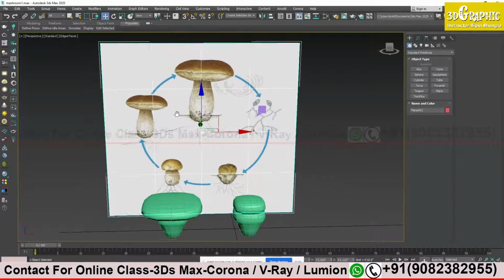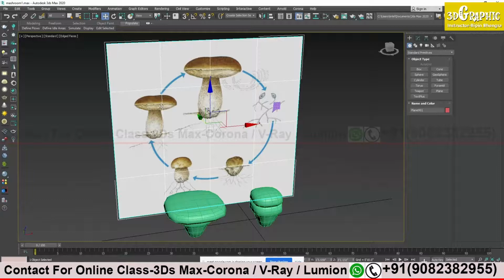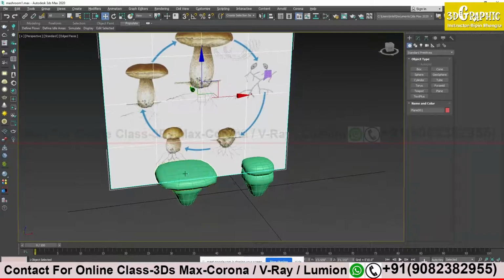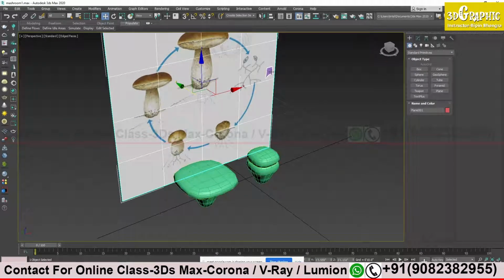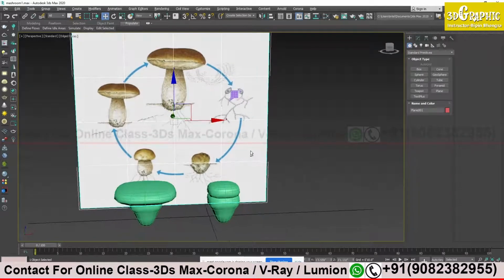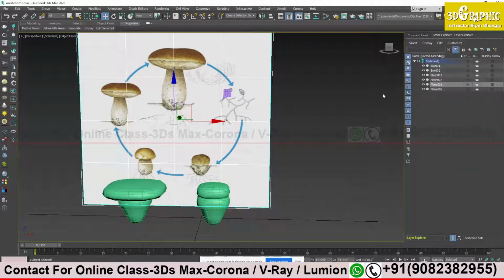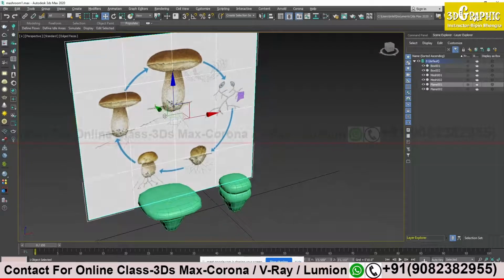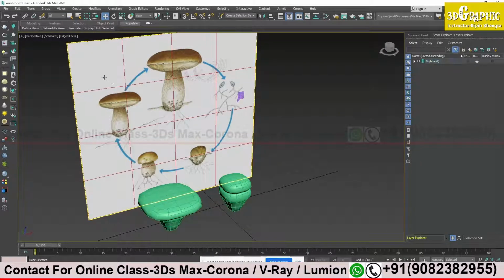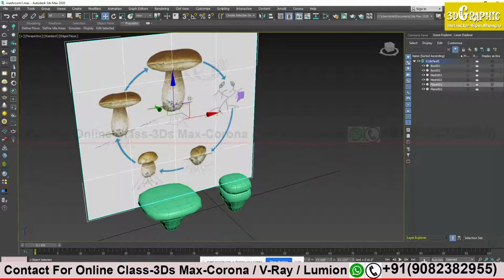First of all, we should create a layer. Here I have different kinds of objects: this is the reference plane, the reference image we can say, and here I have 2 or 3 different models. I always advise my students to create layers and save all the different categories of objects in different layers. For example, if I click on my reference image, the plane is selected, and now I have to save this reference image on a separate layer.